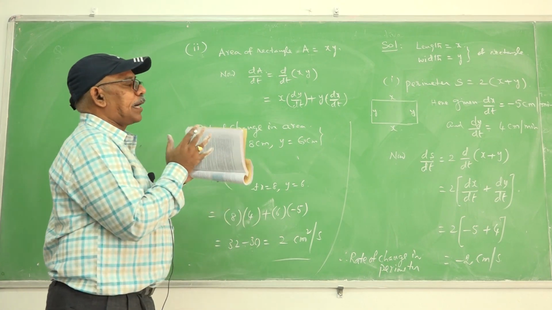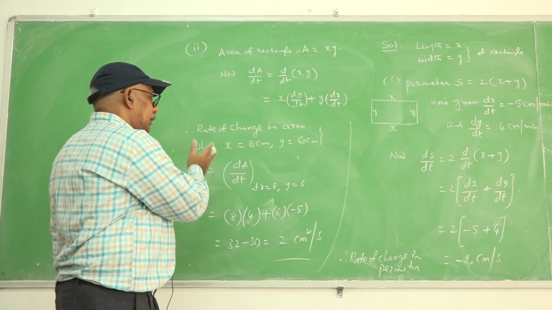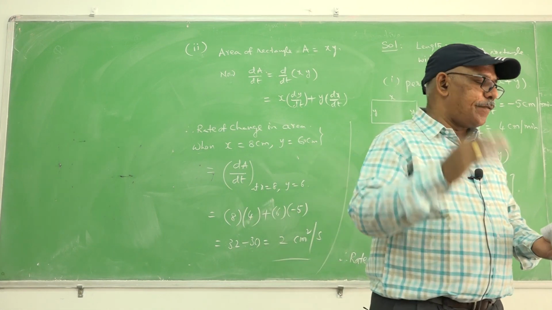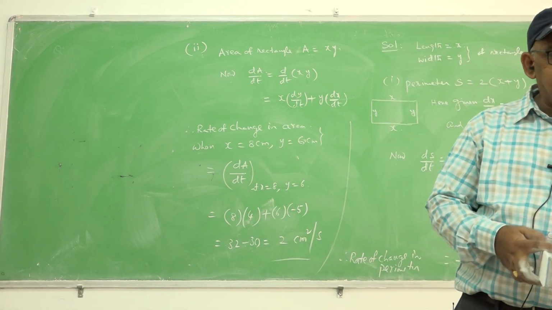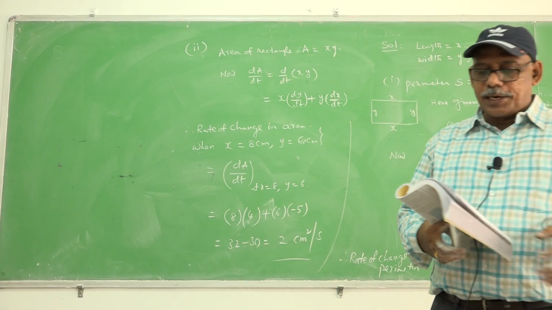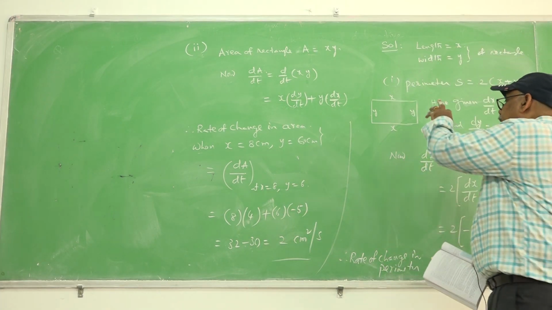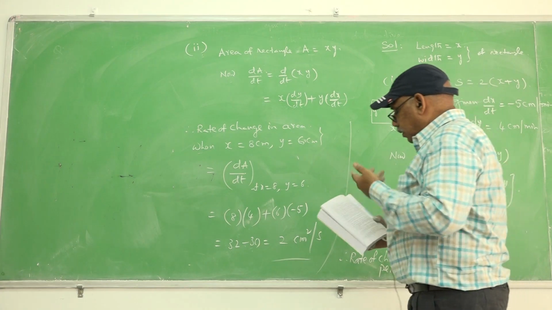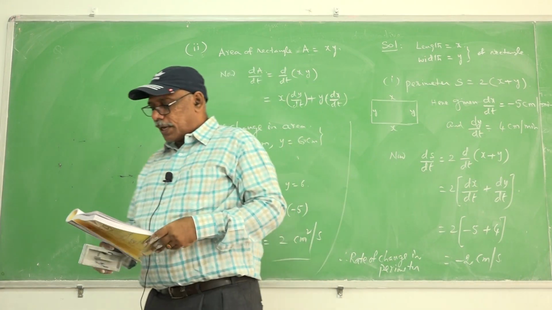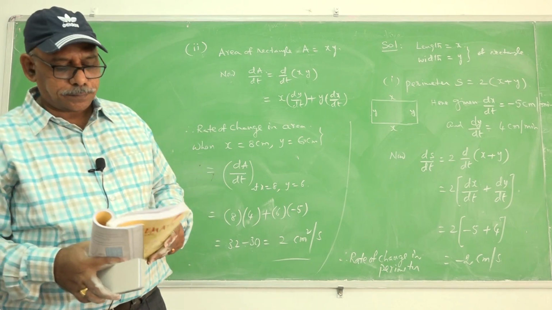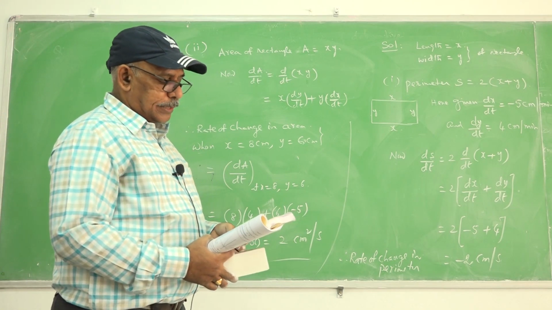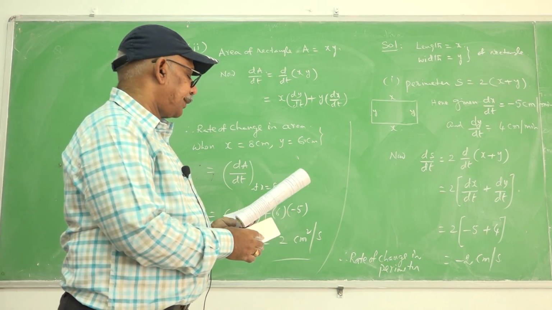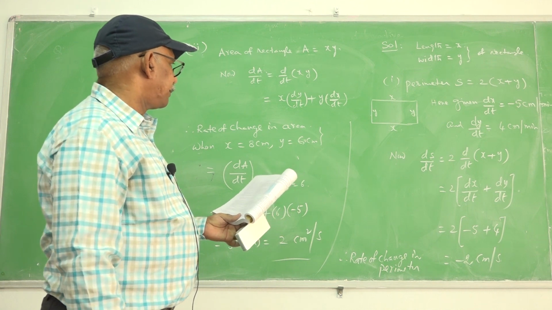That is the difference between the rate of change in the perimeter of the rectangle and the rate of change of the area of the rectangle, once the length is decreasing and the width is increasing. One variable is decreasing and another variable is increasing. Here both the perimeter as well as area are two variable functions. We can consider the rate of change in both the variables here. That is one important problem related to the board examinations.